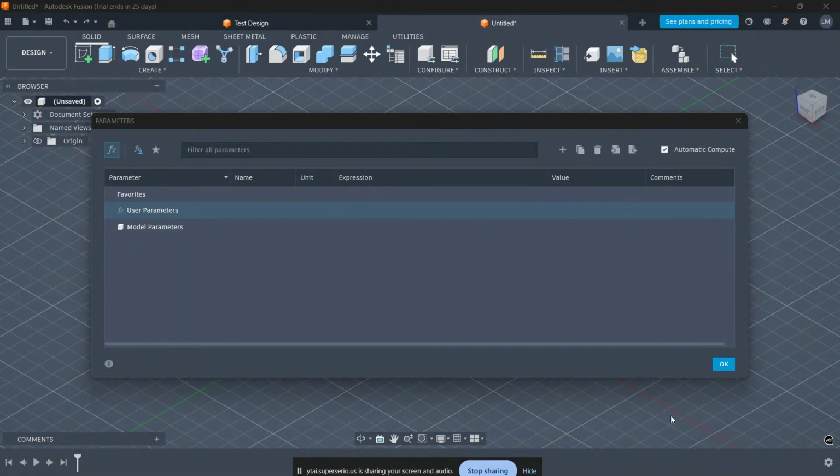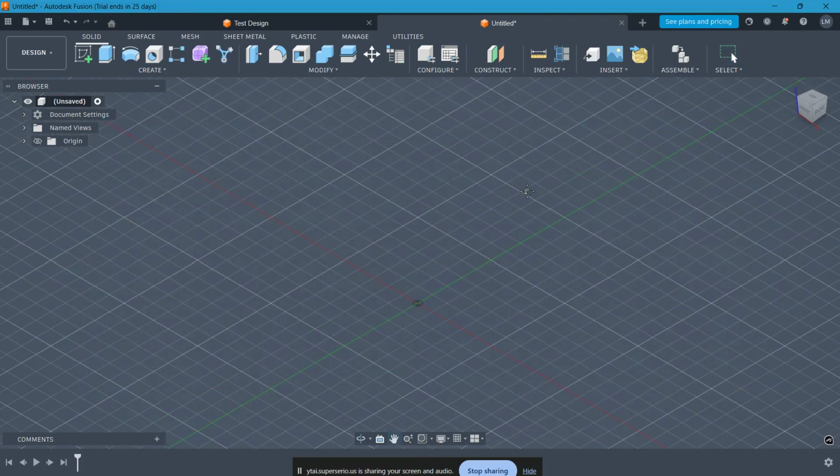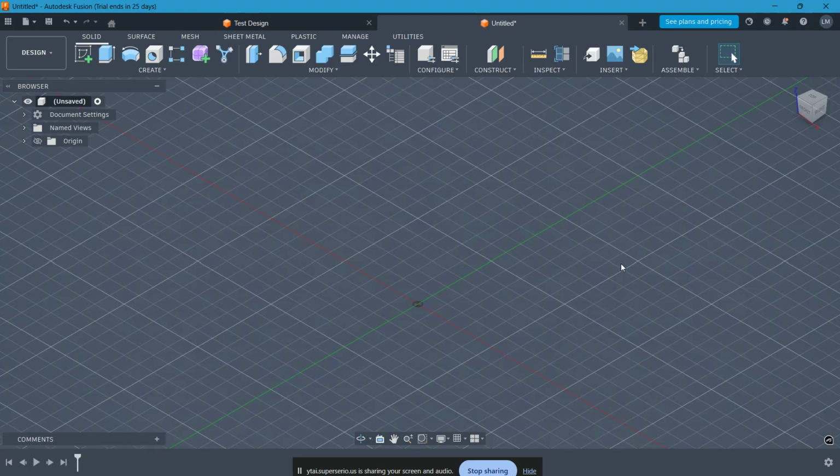In today's video, I'm going to show you how to use parametric design in Fusion with a simple and practical example. Parametric design is one of the most powerful features inside Fusion because it allows you to control your entire model using variables. Instead of manually editing dimensions every time, you can change a single parameter and the whole design updates automatically. This is incredibly useful when you're prototyping parts, designing for manufacturing, or creating reusable models. By the end of this video, you'll understand how parameters work and how to build a model that updates instantly